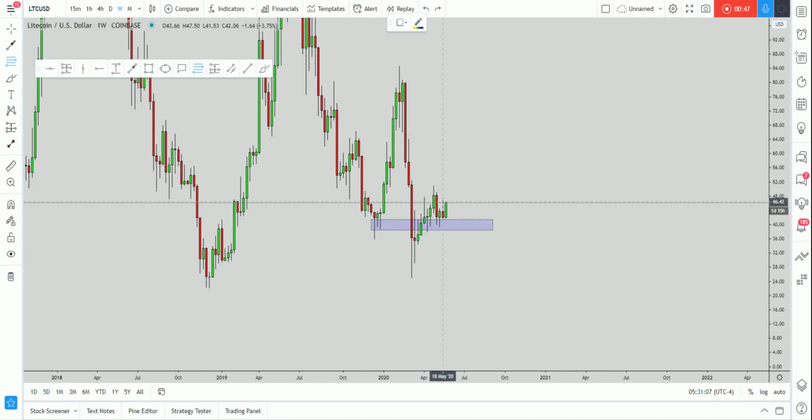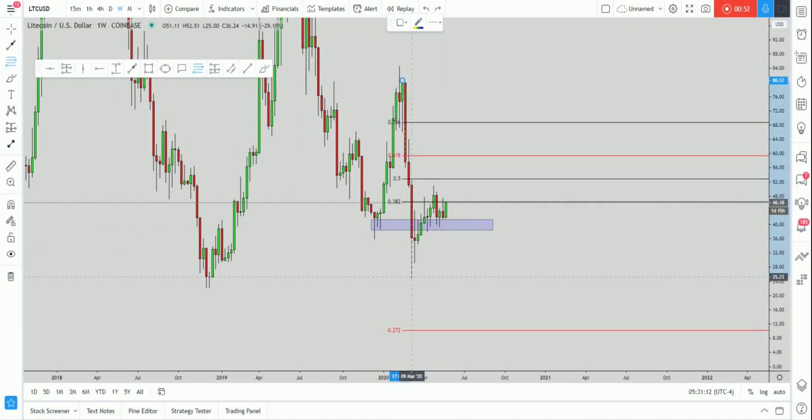Now, if we want information on this retracement, how are we supposed to be taking our Fibonacci? From the high to the low. And that is exactly what we get. The market is retesting now the 0.382. Will the market manage to break above it? It would be great. If not, we will go again and test this support. But until the market breaks above this resistance or below this support, the market is trapped in between this